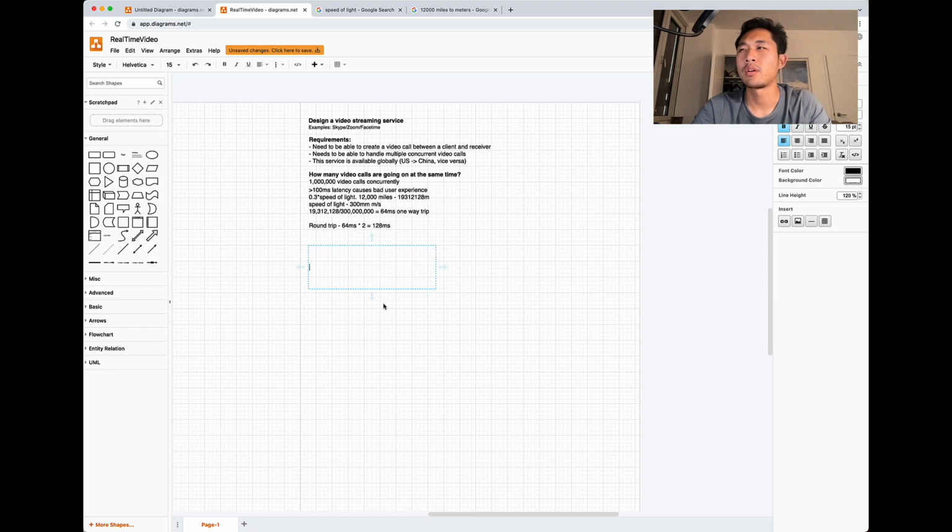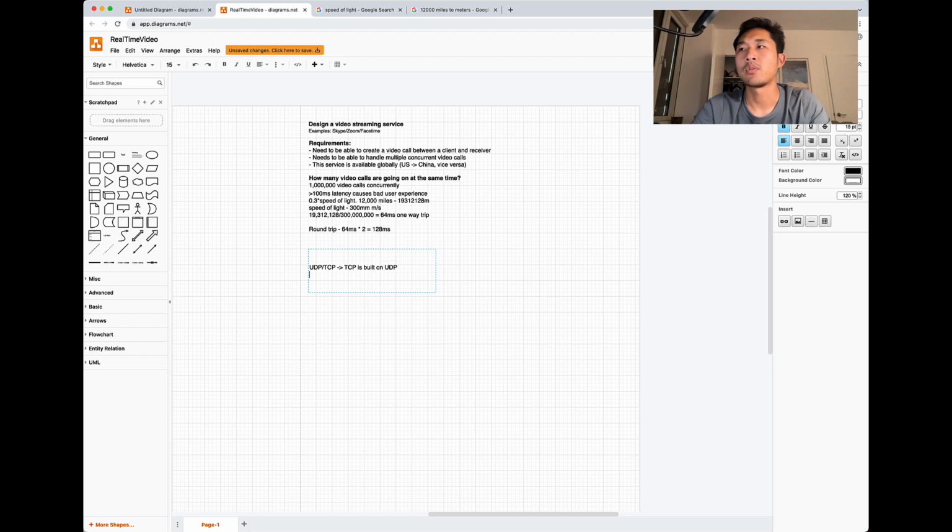So there's two types of internet protocols. There's UDP and TCP, and theoretically, TCP is built on UDP. So what's the difference? UDP is unordered, and TCP is ordered and guaranteed. So UDP is unreliable, and it's just data packets being sent from server A to server B without any guarantee that they've arrived. However, for TCP to work, there's a back and forth transaction.